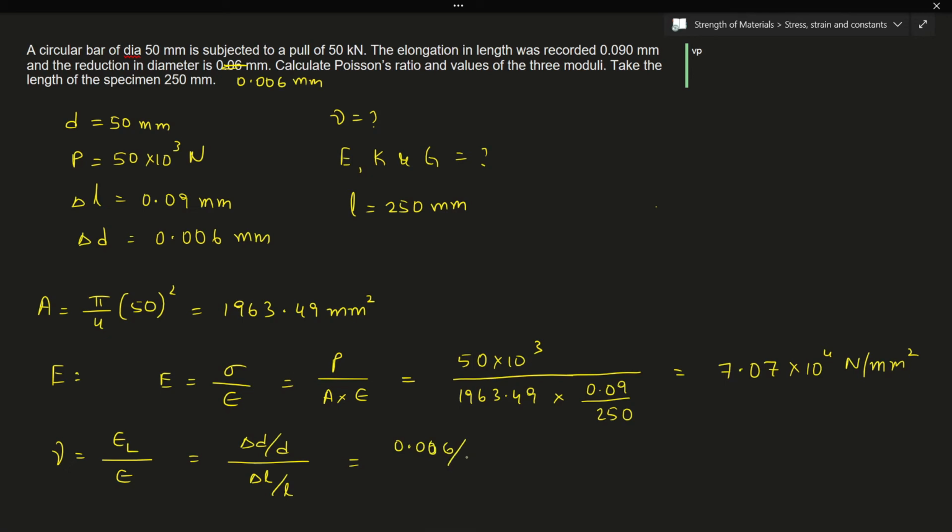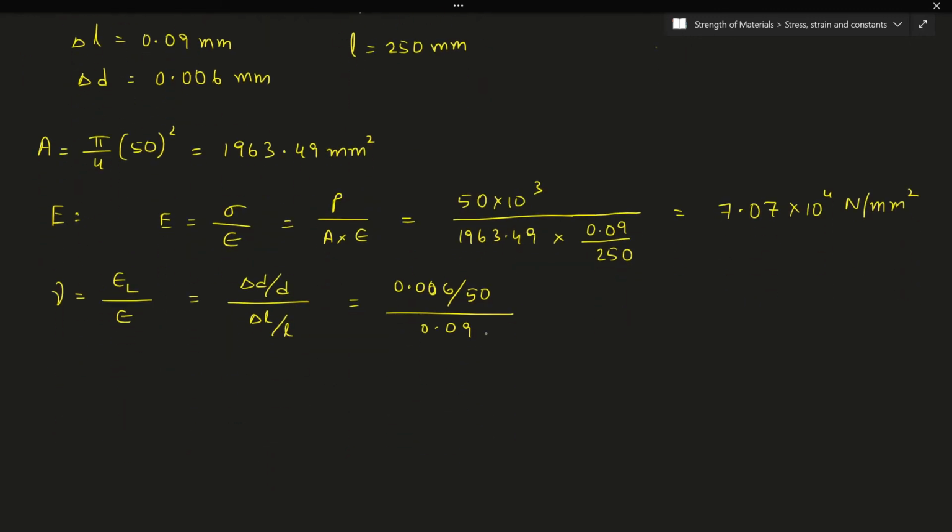0.006 divided by the original diameter, which is 50 mm, divided by 50, whole divided by 0.09 divided by the original length, which is 250. If I simplify this, I'm going to have 0.33 as the Poisson's ratio. Now the bulk modulus K. There is a formula which relates the elastic modulus and the bulk modulus,